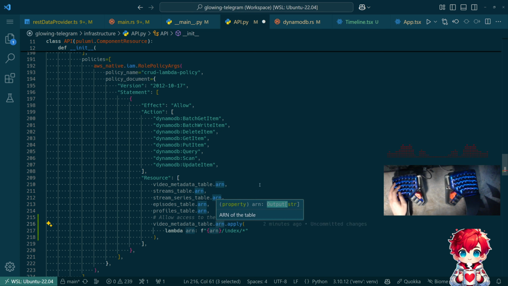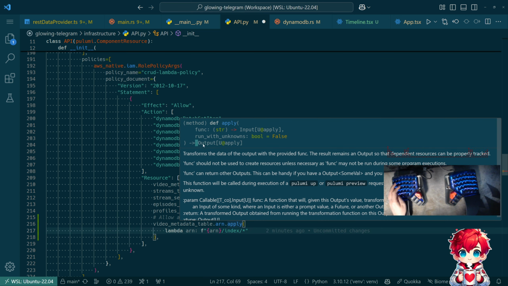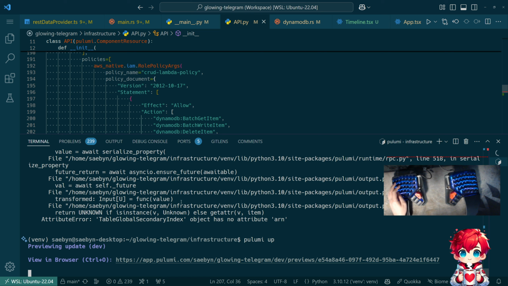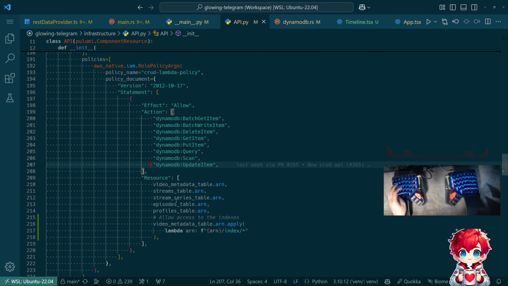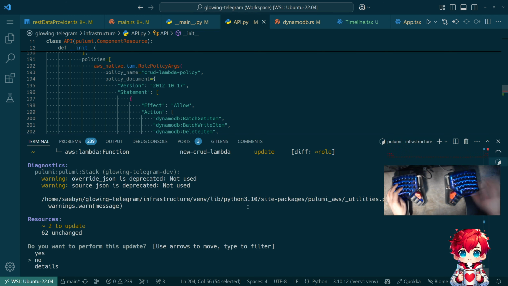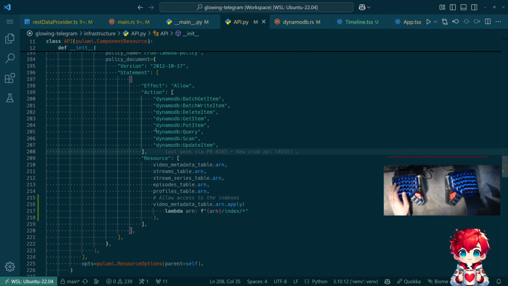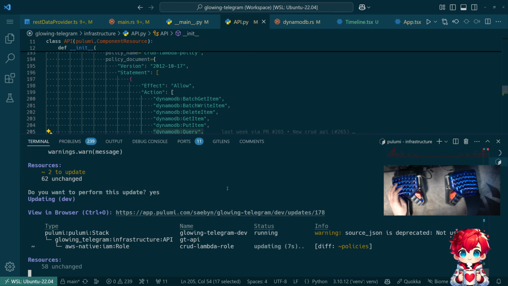The way Pulumi represents values that are determined at deploy time is that it's this output object, and it has an apply, so we can programmatically access the value at deploy time once we know what it is and manipulate it. The result of apply is its own output. Okay, so we're basically going to say, hey, you can do all of these things also to all the indexes, which is fine. Really, the only thing that's going to make sense is query. If we wanted to have our action verbs dedicated to the resource, we could have multiple statements, a separate statement about queries, and give permissions for the indexes. But this is fine